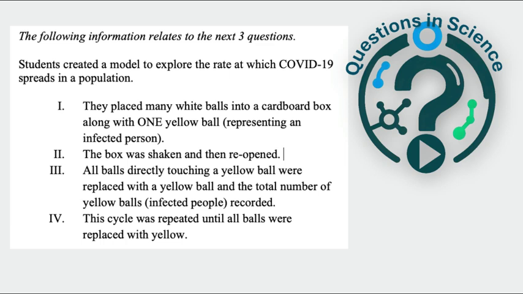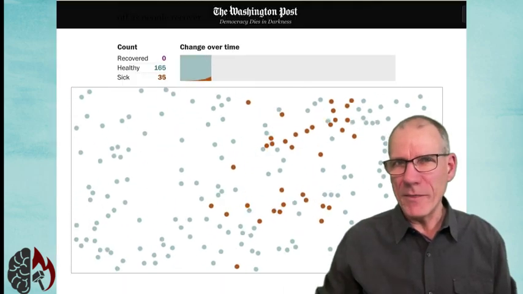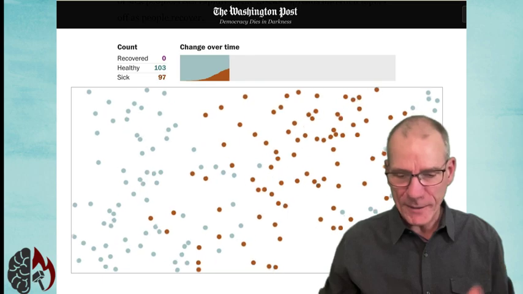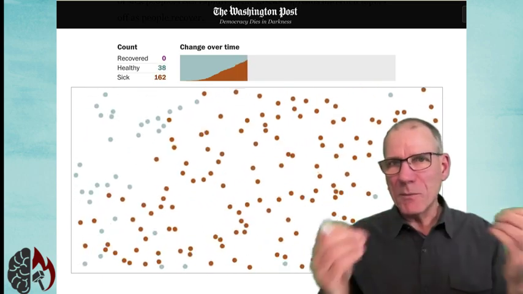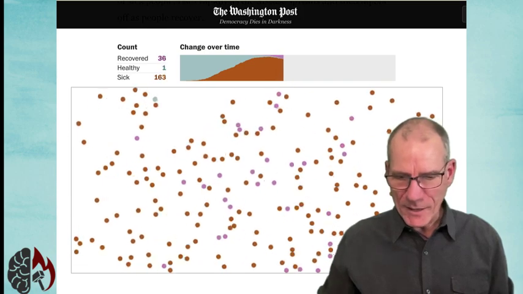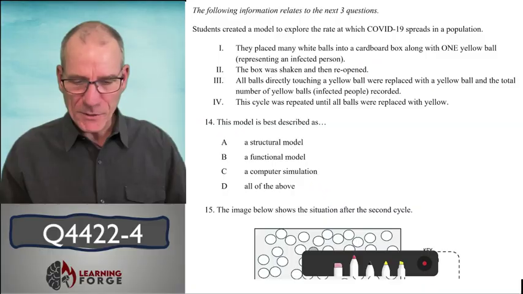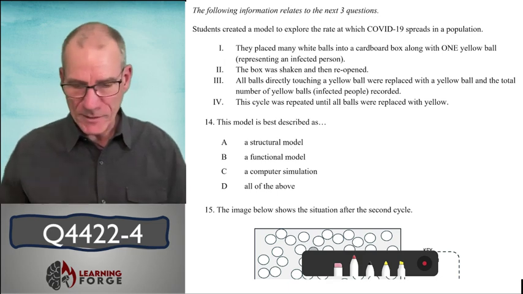Or maybe, like me, you don't really want to visit COVID-19 even in your own mind. But I was inspired to write this question from this simulation created by the Washington Post very early on in the whole pandemic, before it actually got to Australia. They modeled people as little balls, and as you can see, as they bump into each other, they get infected, which gave me this idea of a model, and models are really big in the Investigating Science syllabus. Okay, so you can kind of get the sense of a model.